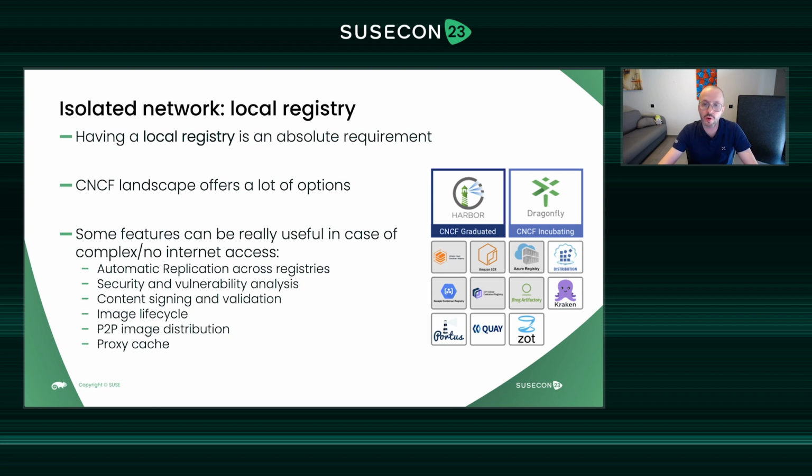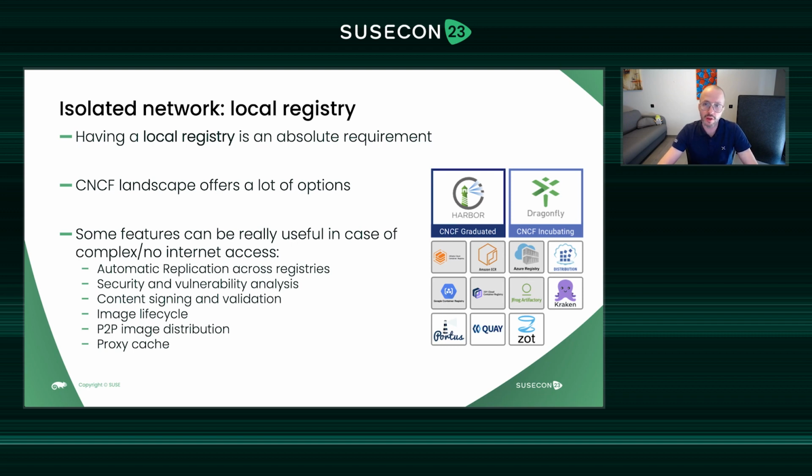For example, on this slide, I give you a screenshot of the CNCF landscape focusing specifically on container registries. There is plenty of choice, and depending on your habits, if you have some preference, you can choose. But there are some registries that are more interesting than others when we need to work with a complex network scenario. There are some features which can be really useful in this no internet access context.